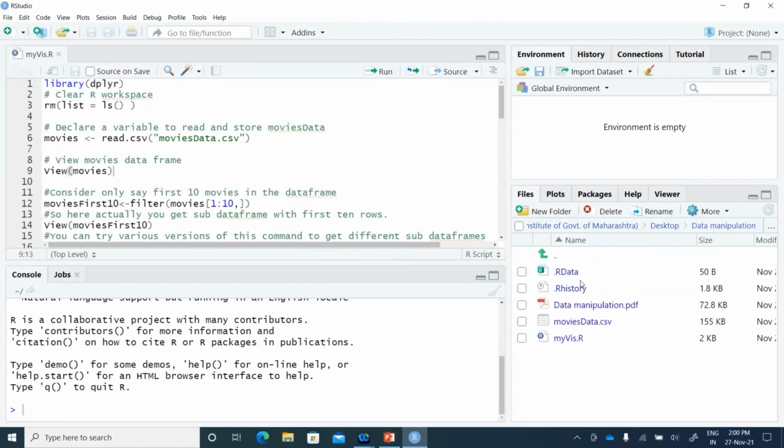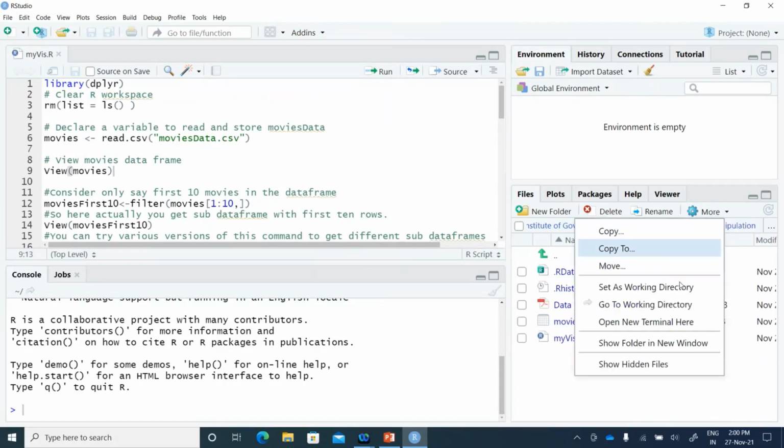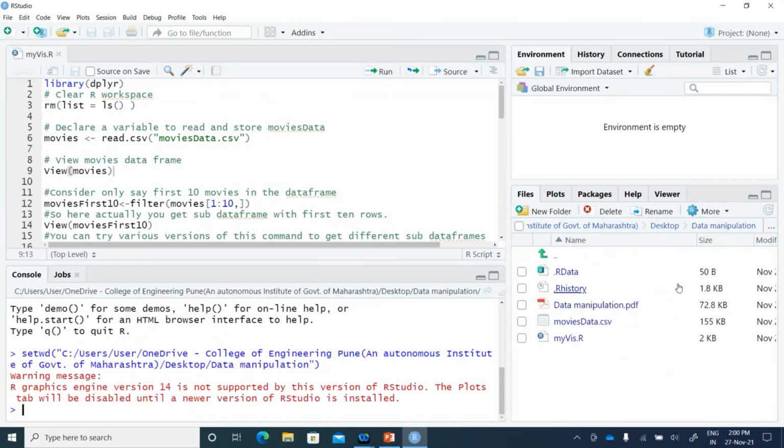The files are myviz.r. This is my source file today on which I would be working. And a ready-made data frame, moviesdata.csv. We would be working on this data frame to check our operations of data manipulation. So let me just make this my working directory.